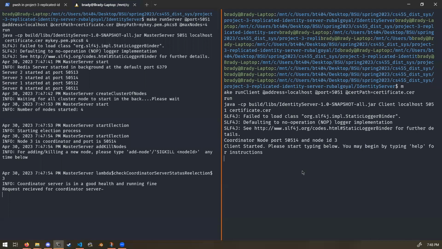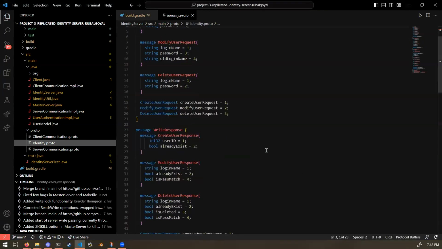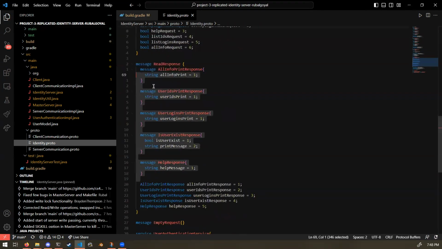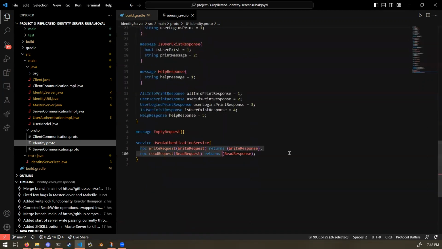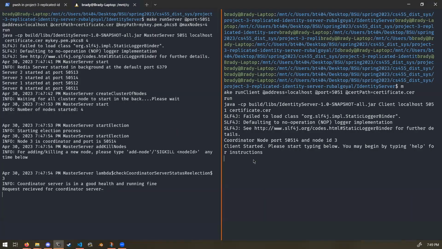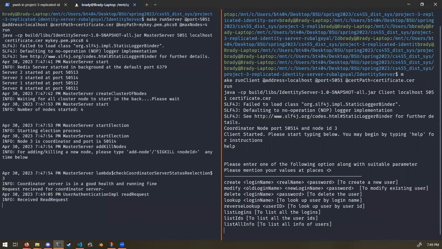We can do, and we also have the read request as well, which includes help and stuff like that, and it has a lot less fields that it needs to fill out. And there's the corresponding response, and those are the two main methods that are getting implemented. So when we type in help, we get the help we see in the server received read request, and we can do create